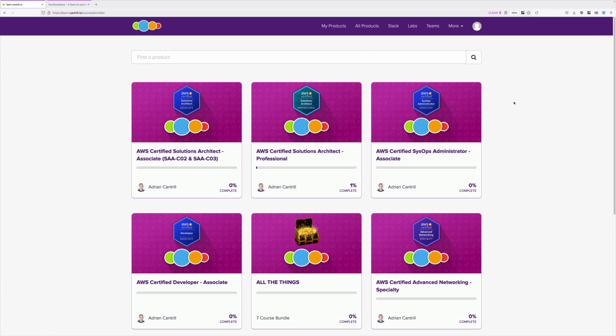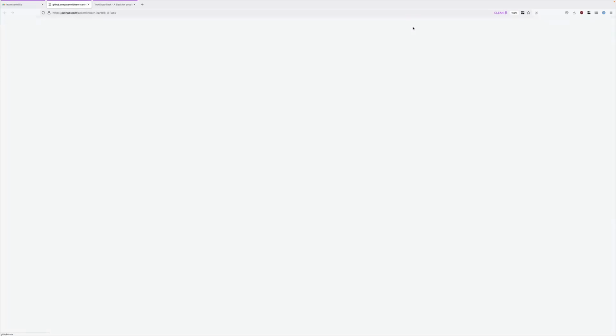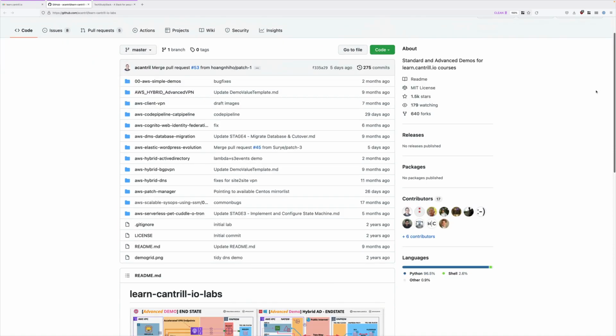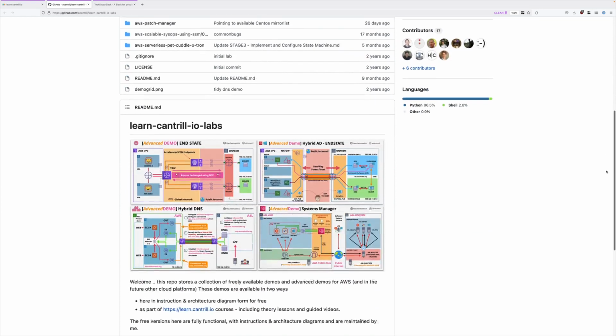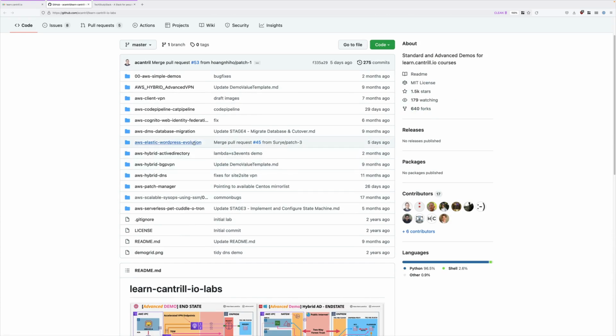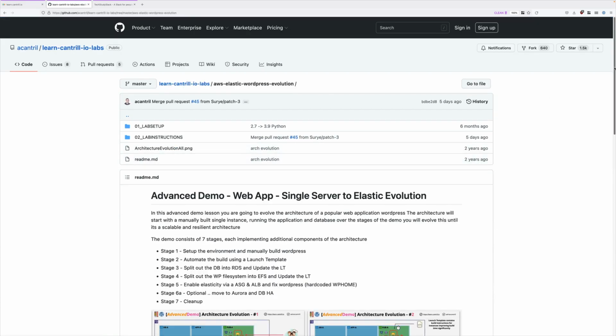Now, in addition to my courses, I maintain a free GitHub repository which contains mini projects involving AWS and associated technologies. So you can access these by clicking on the Labs link. Now this link contains a large number of fully featured projects as well as other demos in this space. So you can do things like implement dynamic BGP VPNs, you can implement a hybrid Active Directory, implement a true multi-site hybrid DNS architecture, experiment with Systems Manager, and there are even mini projects such as a full WordPress architecture